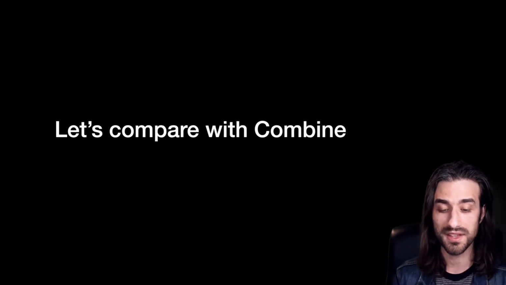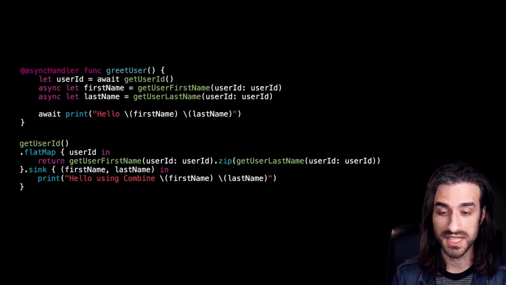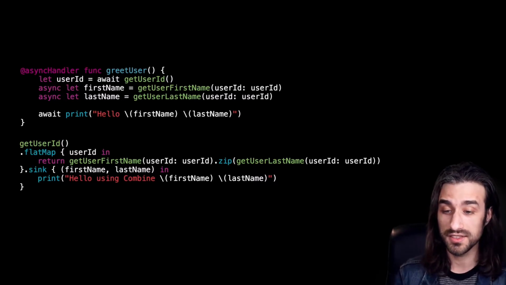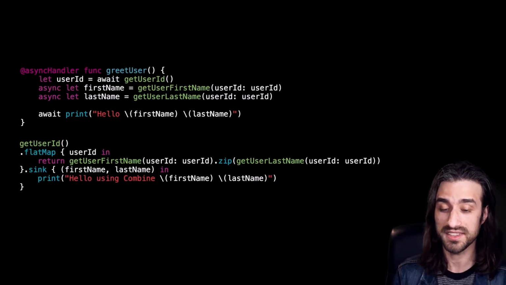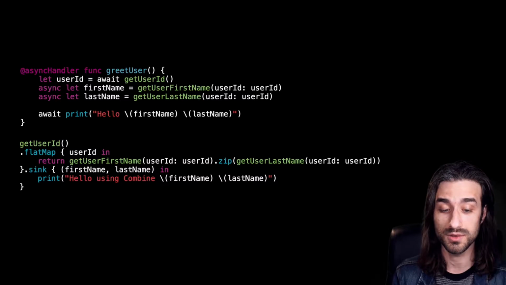If we compare this code with the example using Combine at the beginning, there is definitely a very stark contrast. The code we get using async/await and async let feels much more elegant than the code we have when we implement the same thing using Combine.